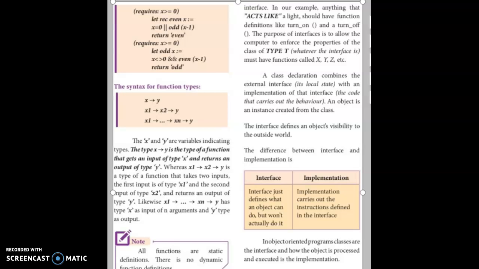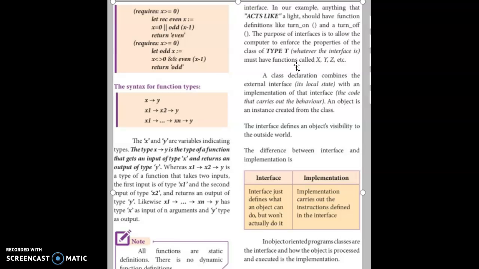Order means if you want to switch on the light, it must be in order. For the switch we have only two functions. Like this, we can consider that each interface has a certain number of functions and various operations.